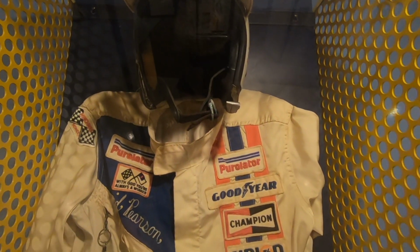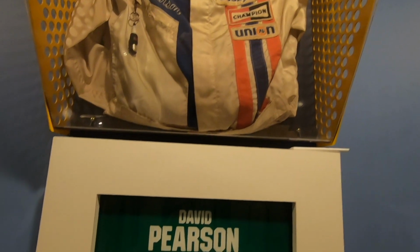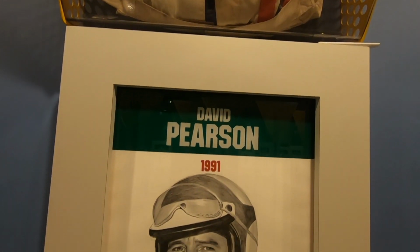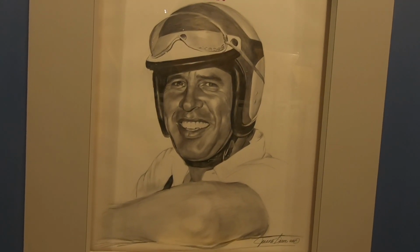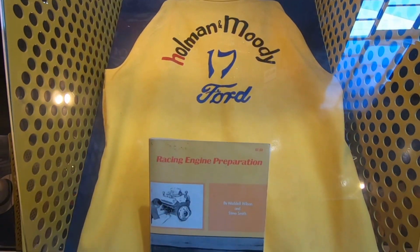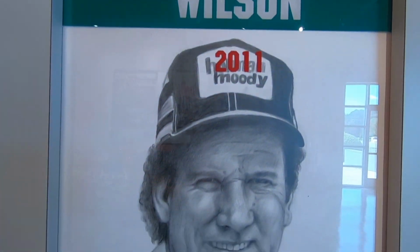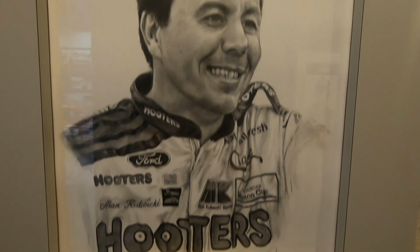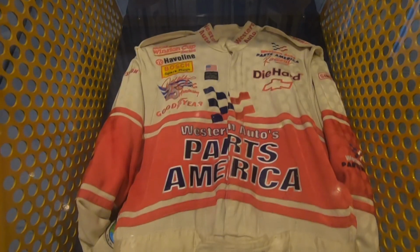David Pearson burst into Winston Cup racing like a rocket. After winning the rookie title in 1960, Pearson teamed with Ray Fox to win the World 600 and 2 more events during his sophomore year. His career spanned 27 glorious seasons that saw him win 105 Winston Cup victories, second on the all-time win list,